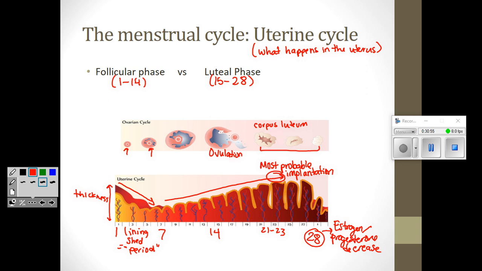Now, why would they decrease? Well, look what's going on in the ovary. The corpus luteum is supposed to make them, but it got tinier and tinier and tinier as time passed. If there's no estrogen and progesterone, the uterine lining can't be maintained, so the woman's next period starts. Estrogen and progesterone would keep the uterus thick. If they're not being produced, the uterus sheds its lining.